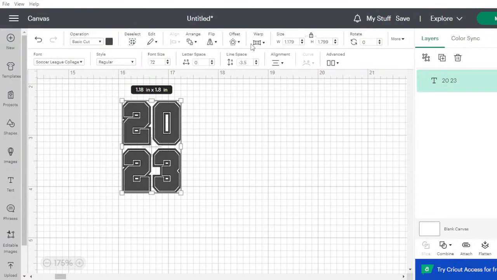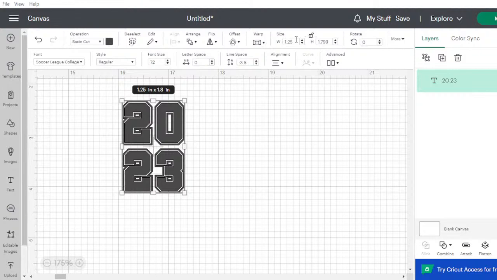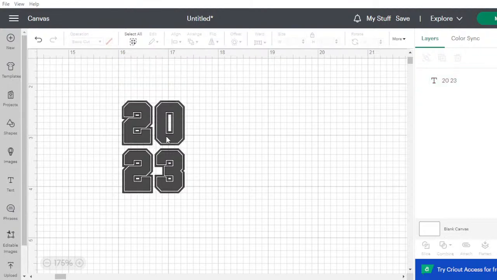So what I'm going to do, I am going to use the size thing here. I'm going to unlock it, and I'm going to increase the width. So it's currently at 1.179 inches. I'm going to put it at like 1.25 just to make it a little broader or wider. Yes. Alright, so